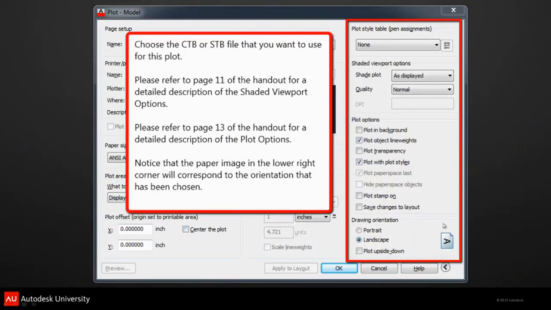In the right side, this is the option that we opened up with this arrow. This is where you would choose your plot style table. Again, the CTB or the STB that you've chosen to use. Shaded view plot, or viewport rather,